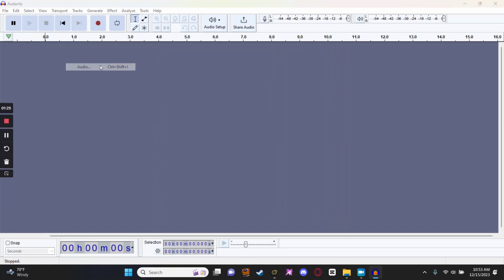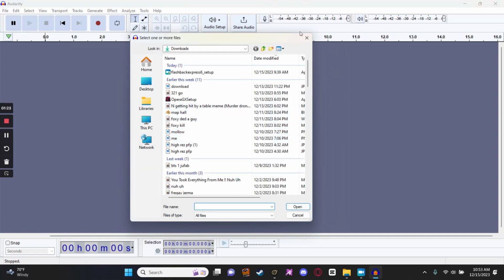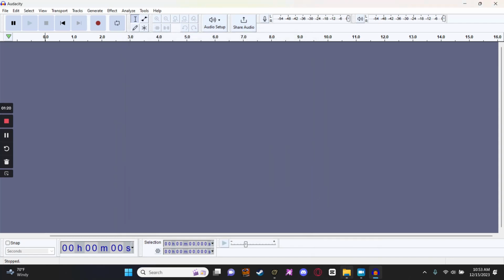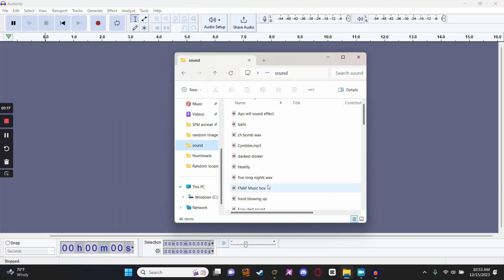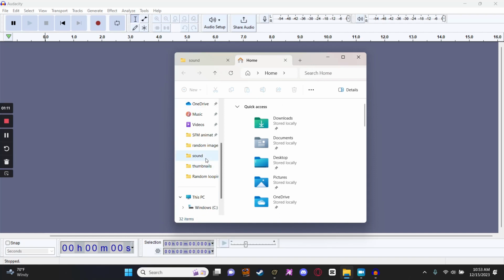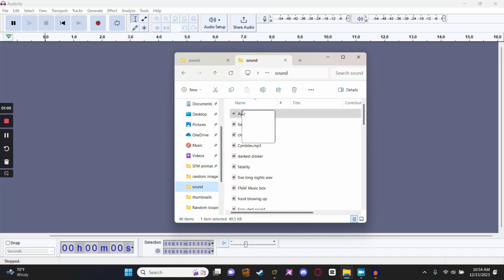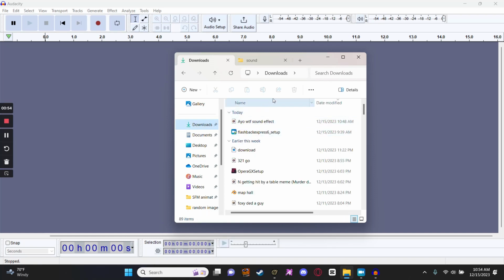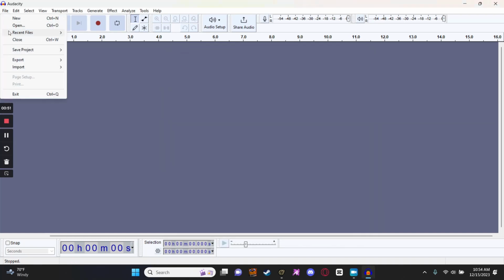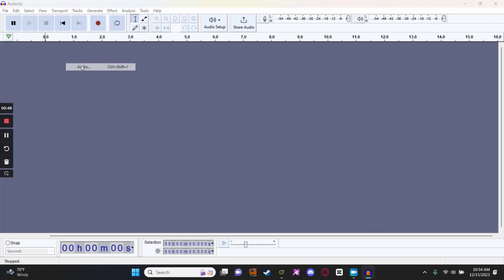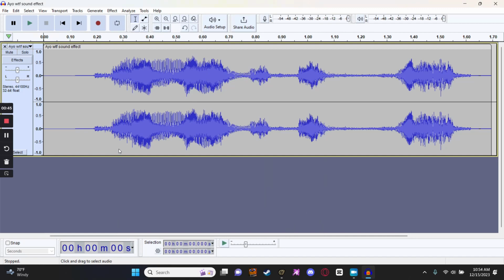Then you're gonna want to import audio. Although you're gonna have to put back the audio from the game to downloads. So where is it? It's in sound. You may have to do the browse local files thing again, but I've done so many times that it's just kind of a default quick thing for me. I don't know how else to explain it, but then you're gonna want to go to import audio, double click on this,